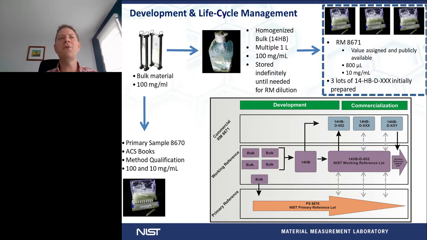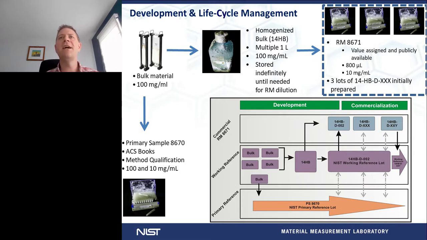We use this for the ACS books that I mentioned before, as well as our early method qualification. We then took the remainder of this bulk material, and as you'll see in the top side here, we've homogenized multiple lots of the bulk into what we're calling the homogenized bulk. This is to ensure that we don't have lot-to-lot reproducibility issues down the road. So we homogenized a large quantity right up front, froze it at -80 degrees Celsius, and we have multiple 1 liter aliquots of this material as our homogenized bulk. Now, each container of homogenized bulk can be diluted 10-fold, and we can make 10,000 units for each individual dilution lot, where we've initially prepared 3 of these dilution lots,